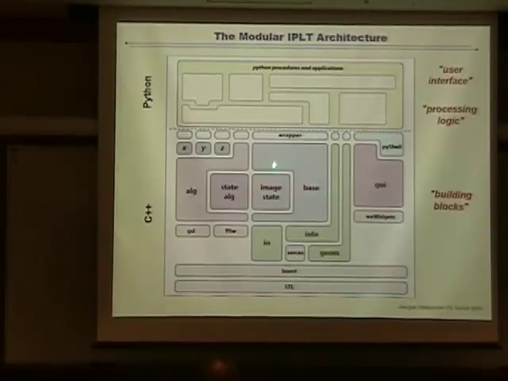Then we have here the base, which is really the core. There you would have something like the image object. The image object is so fundamental, but this actually is more complicated because we have an image and an image state, as you will see in the next slide. Then, orthogonal to that is the whole set of algorithms. So the image is really stupid. It doesn't know how to do anything. It just sits there and can take values and spit out values. And the algorithms do all the work.